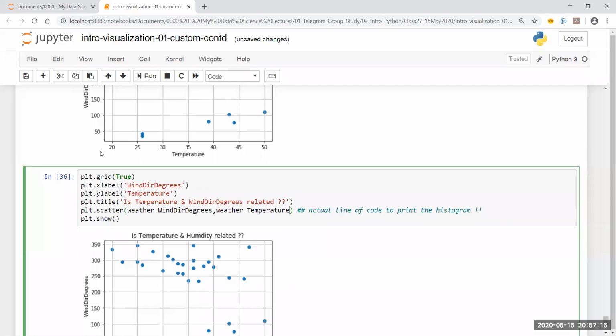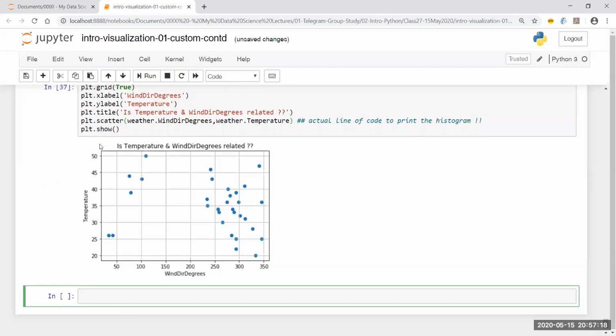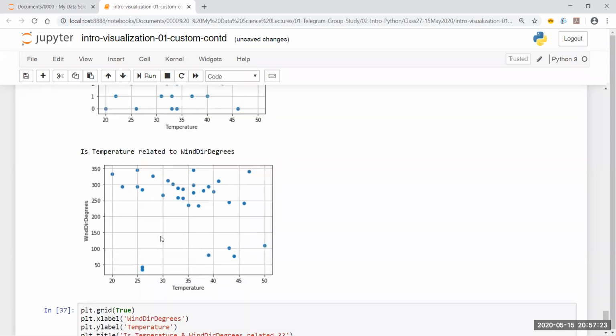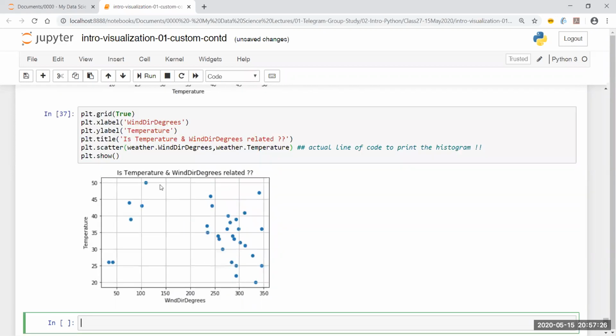Okay, let's see. Okay, now you can see there is some kind of a relationship that I can see, and the relationship from the previous diagram is just taken in the opposite way over here. So there is kind of a categorical differentiation or kind of a categorical relationship over here. Example given, if I have wind direction degrees within the range of, let's say, 0 to 150, I have a range of temperatures which is very, very scattered. I can't really comment whether the temperature is going to be as low as 26 degrees Fahrenheit over here, or maybe it's going to be scattered between 38 and 50 Fahrenheit over here.